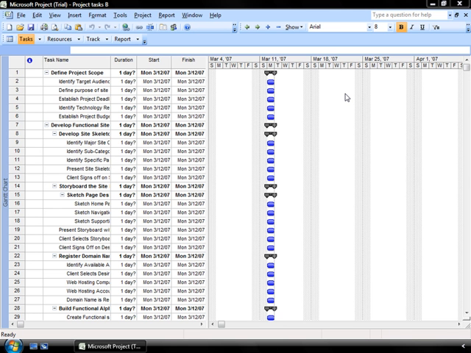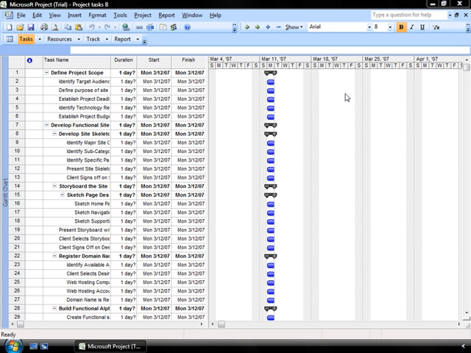When you begin, all your tasks will have the same duration and start and end dates. It's now critical for you to put in a good estimate of the time it will take you to complete each task. Since you know your business very well, you should be pretty good at doing this. Make sure you add some extra time into each task as a buffer, just in case something takes longer than